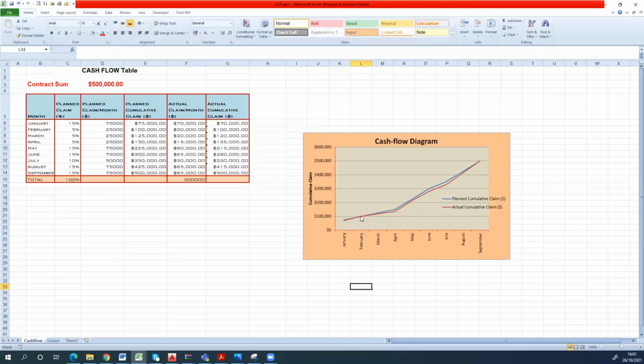What is more important in this whole learning process is, one, how to select required chart information. For example, what is the x-axis information? That's months. And what are the y-axis information? Planned cumulative claim and actual cumulative claim. And how can we select discontinuous ranges together? So we learn by pressing down the control key, we can make the selection. Then we learn how to create a graph, charts, and we learn how to do editing. So that's all for this